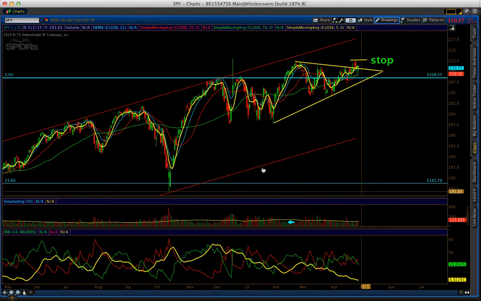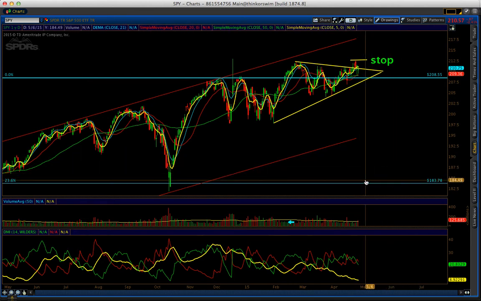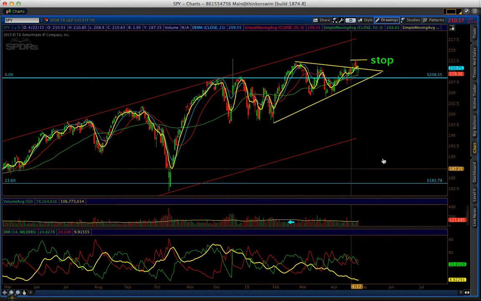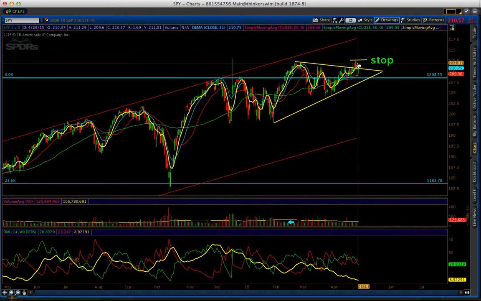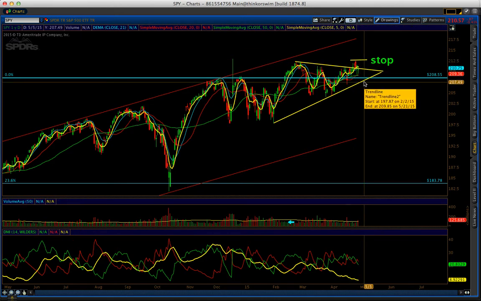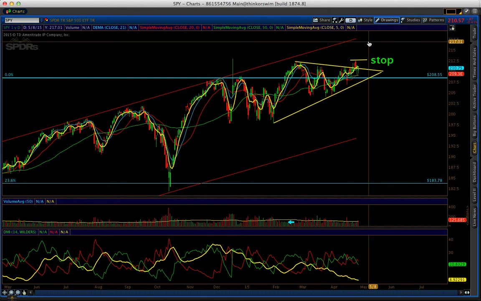If we were here breaking this uptrend channel, we were trading around here, this is the bear land. You know, you can comfortably get short every time it bounces. But right here, getting short, you have to be really careful because any day pre-market it can bounce, especially if you use options. Try to use options that have more than 45 days of expiration.